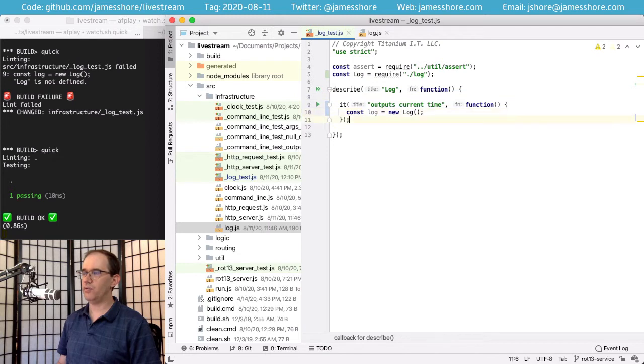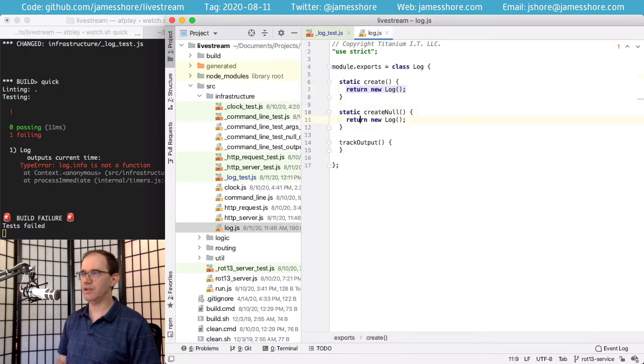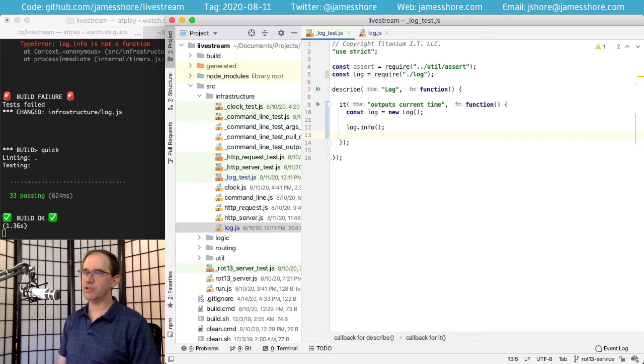And we're going to do something with that log. Let's say we'll log an info line. That doesn't exist, so we'll need to add that, but I won't put anything in it just yet. And then we're going to need to assert that we got something back.